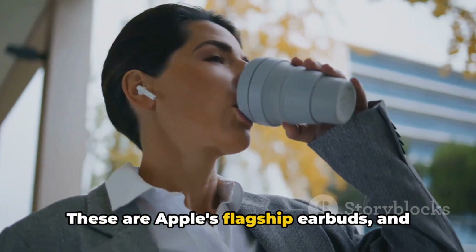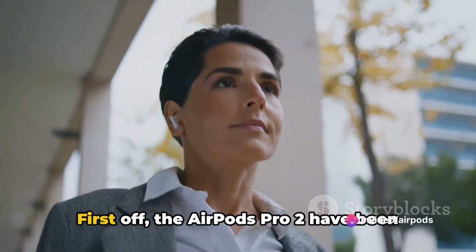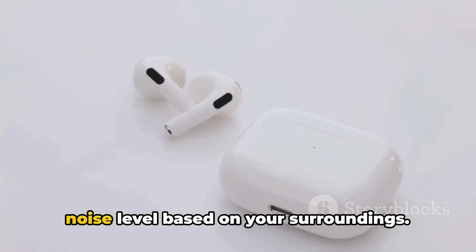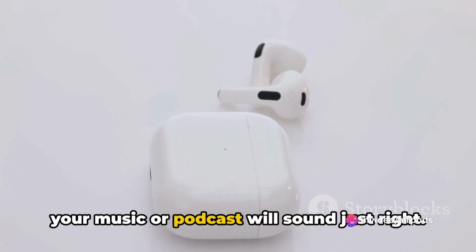These are Apple's flagship earbuds, and they have been redesigned with several new features and improvements that set them apart from their predecessor. First off, the AirPods Pro 2 have been upgraded with adaptive audio. This feature dynamically adjusts the noise level based on your surroundings. This means that whether you're in a crowded coffee shop or a quiet library, your music or podcast will sound